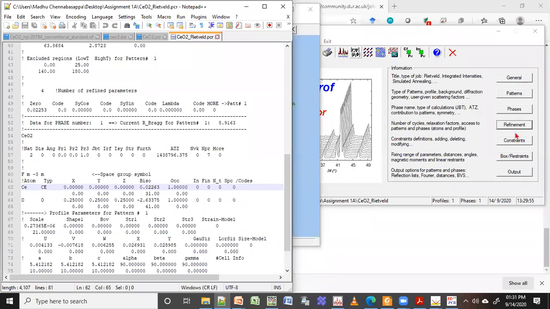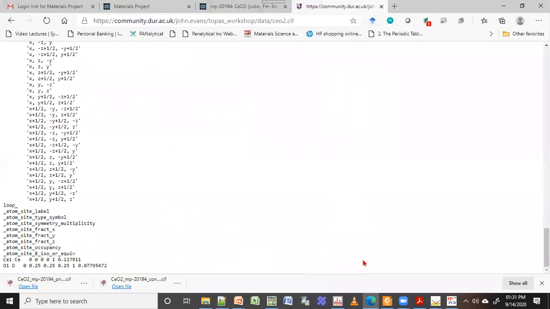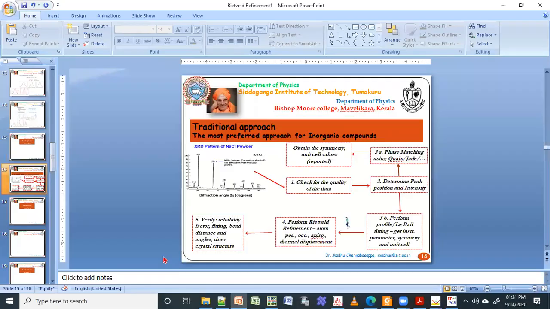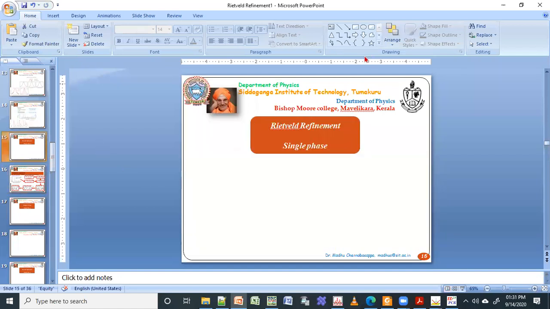Sir, there is a question from Remya Yudi. If we are doping for cerium, how can we give the atoms in refinement? Okay, so for example, if you're doping for cerium, if you are having something like this, I will try to write here.